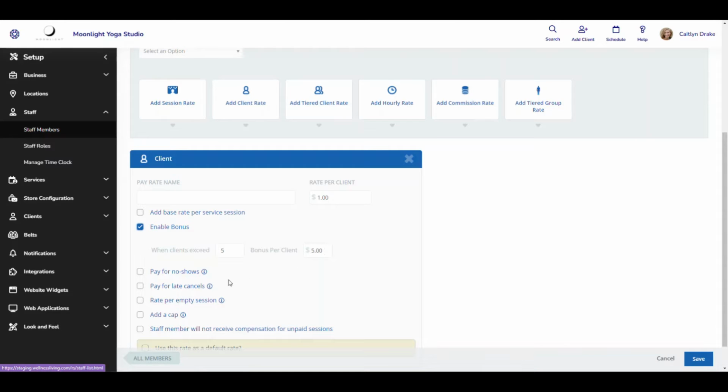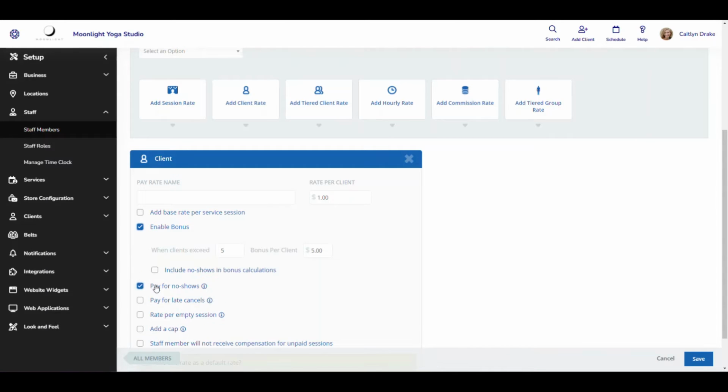I also want to select that I am going to pay this instructor for no-shows. So you can select this to pay the staff member for clients who booked the session but did not attend. And I also want to pay the staff member for late cancels. So for late cancels, you'll want to select that checkbox to pay for staff members for clients who cancel the